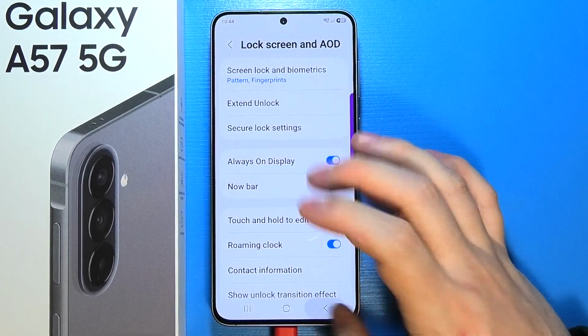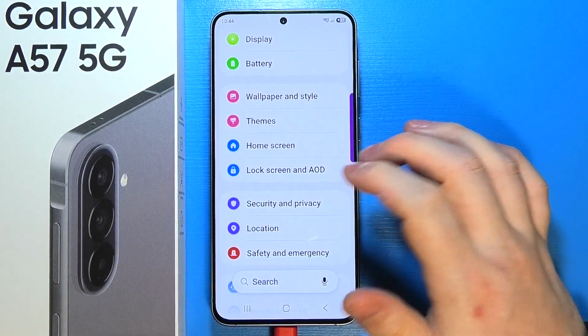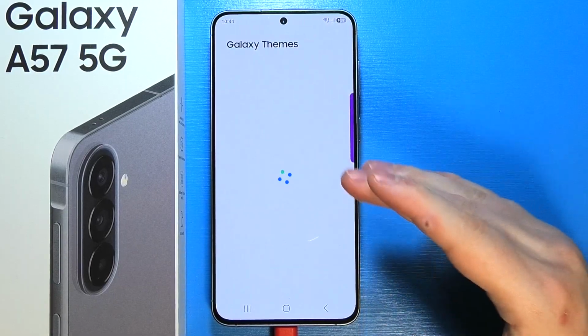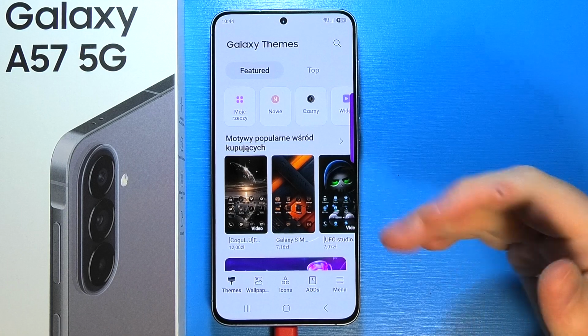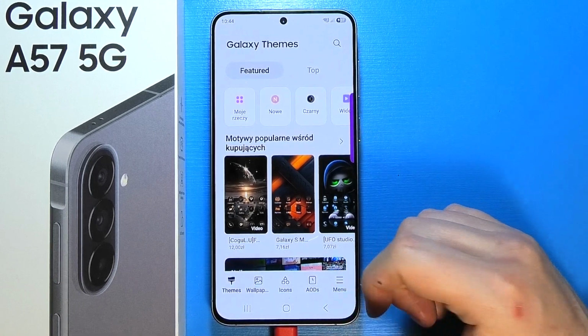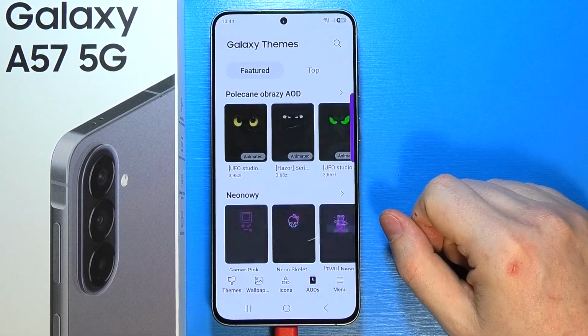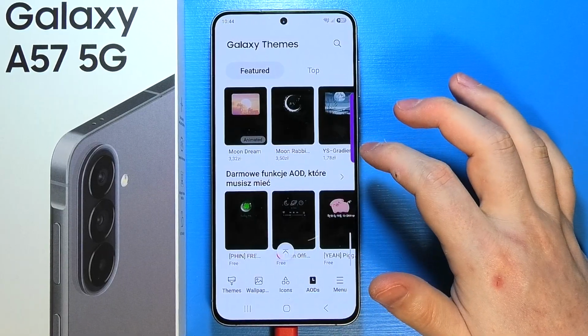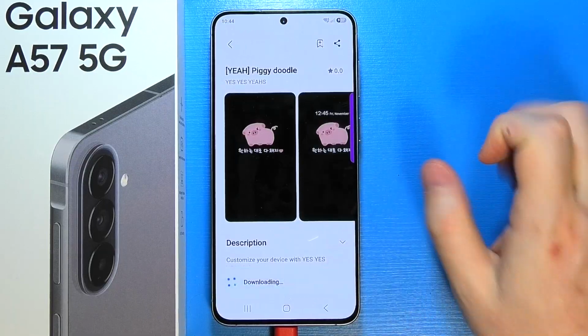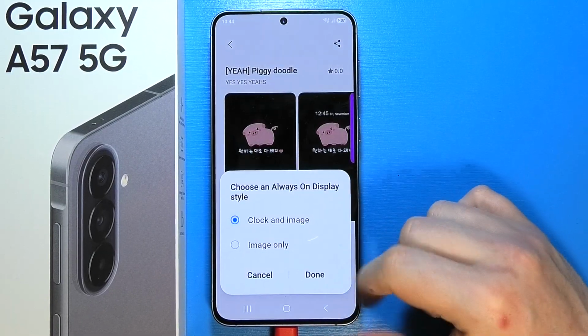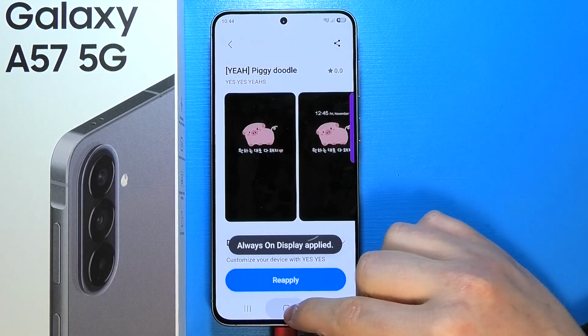So to fully customize it, first we'll need to access the themes. So open Galaxy themes right here in the settings, and then it may ask you to log into your account. When it's ready, click on AODs, and after that scroll all the way down to the bottom to find free AODs. Select whichever one you like, then download it and apply it, and that way you'll be able to customize